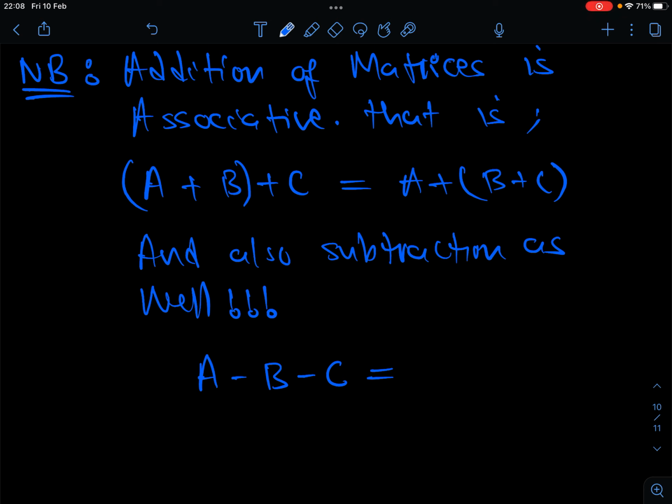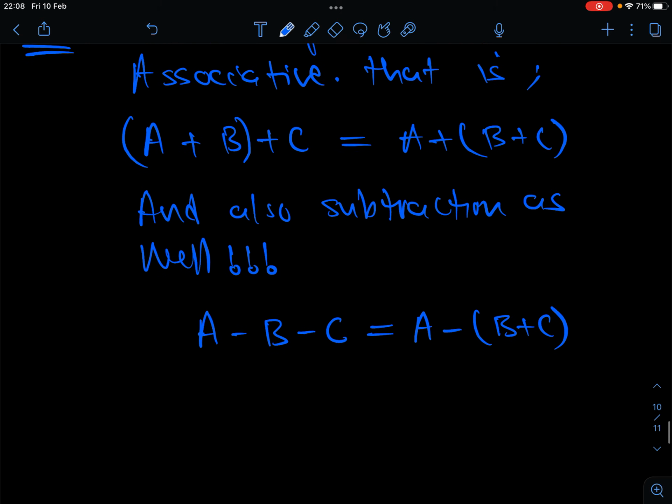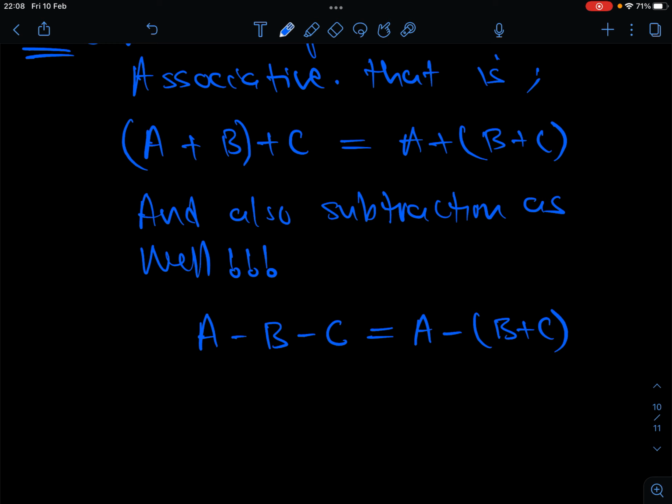It can't work, because we'll have to pull out a negative here, because this has to be the same thing as saying A minus B plus C. So it can't really give us the nice associativity law that we want, but its associativity actually follows from that of addition, because this part that we have here